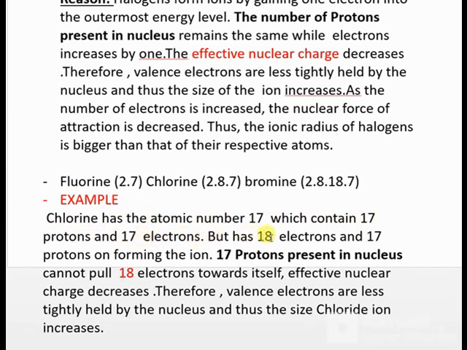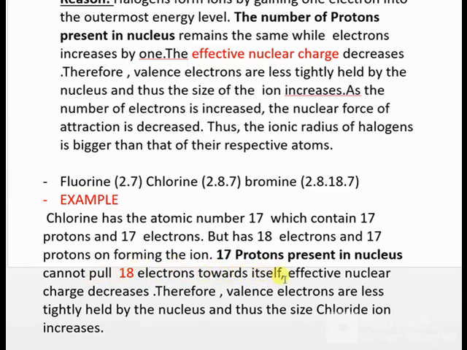But it has 18 electrons and 17 protons on forming the ion. So after forming the ion, it gains 1 electron and the electrons become 18. The protons remain 17. Therefore, the 17 protons present in the nucleus cannot pull 18 electrons towards itself. So if it cannot pull the 18 electrons towards itself, it means that the ionic radius is not going to